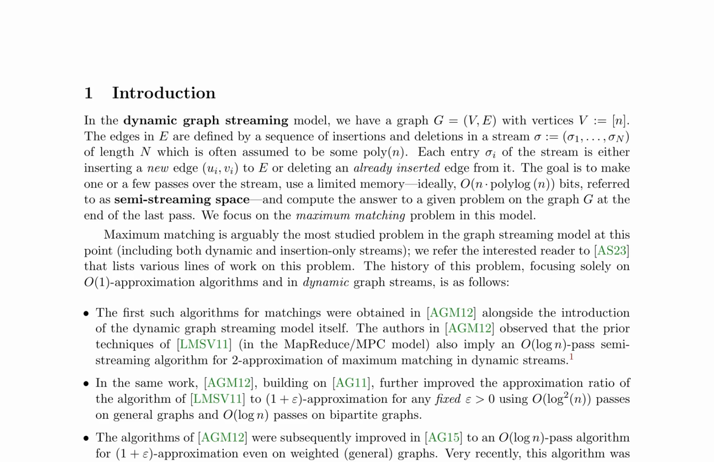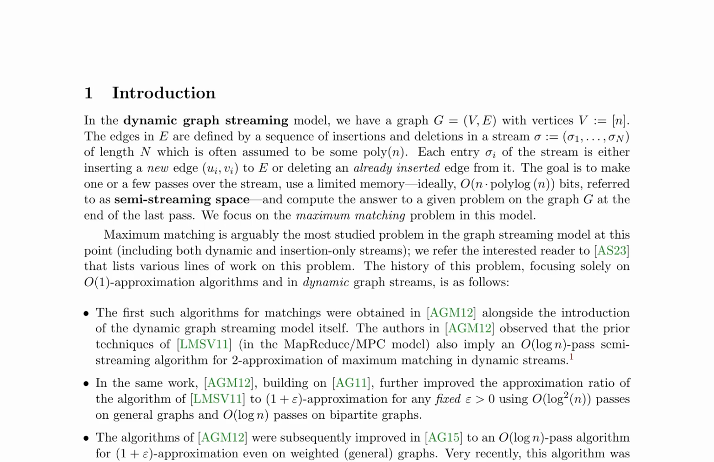The maximum matching problem has been extensively studied in the graph streaming model, with a history of approximation algorithms in dynamic graph streams dating back to AGM 12. Prior techniques in the MapReduce MPC model imply a log n pass semistreaming algorithm for 2 approximation of maximum matching in dynamic streams. Subsequent works improved the approximation ratio to 1 plus epsilon approximation for any fixed epsilon greater than 0